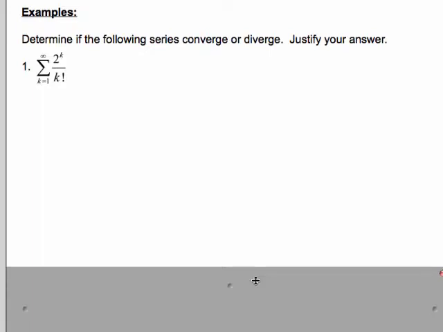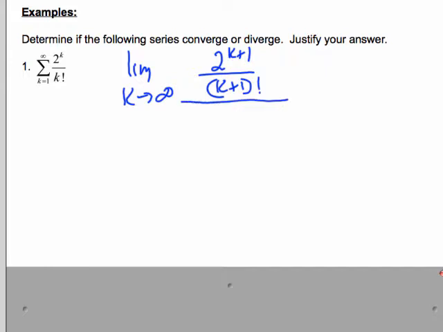The ratio test is a particularly useful test when you're working with factorials, exponents, and nth powers, as you're going to see. I have an example here. So let's take the limit of the k plus first term, so that would be 2 to the k plus 1 over k plus 1 factorial, divided by the kth term, and that simplifies